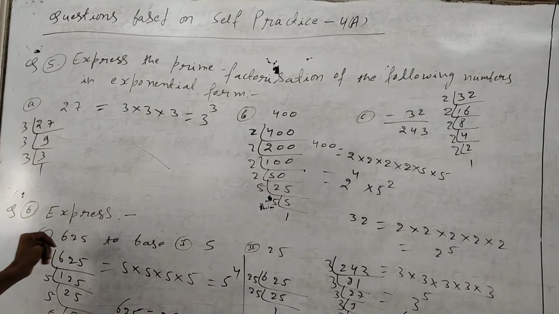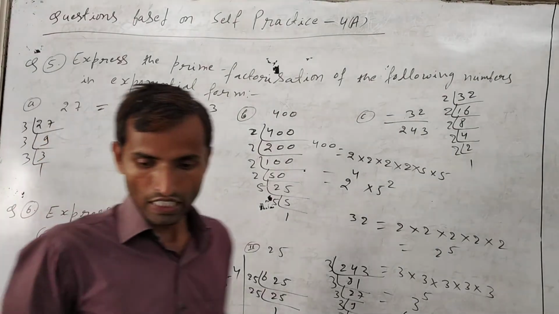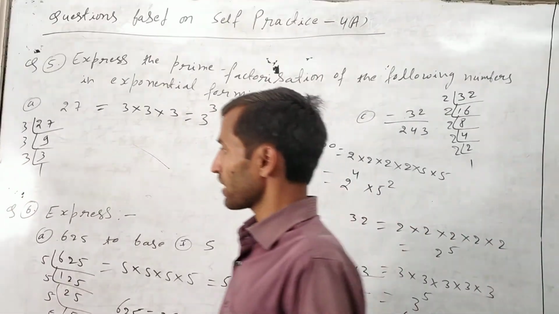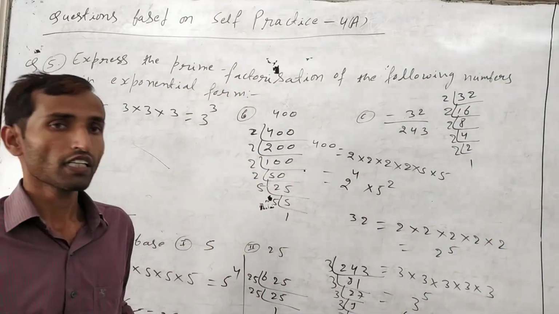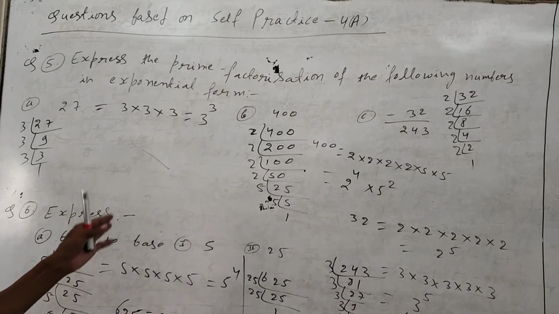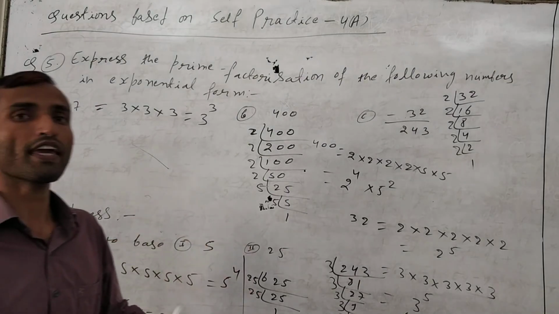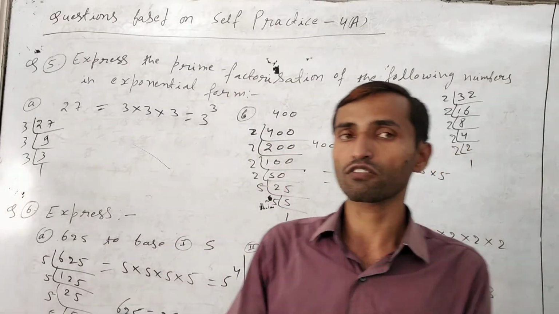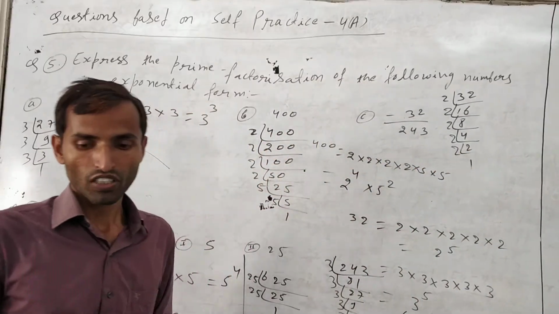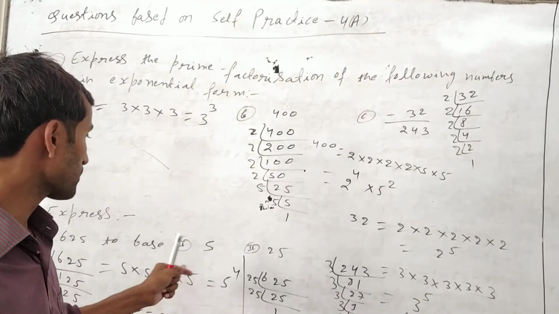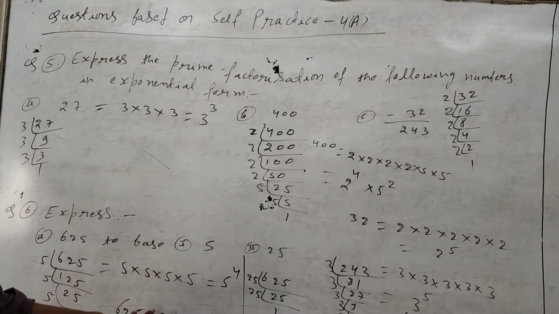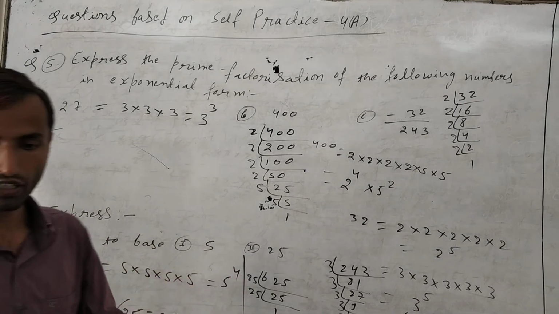Now in question number 6 and question number 7, the same types of questions are given. In the second part, the B part, this type of question is given. Whatever number is given, you have to make the exponent according to the base given. Sometimes the question will ask you to make base 25 or base 6 like this. So you have to do factorization like this only. Okay, that's all.